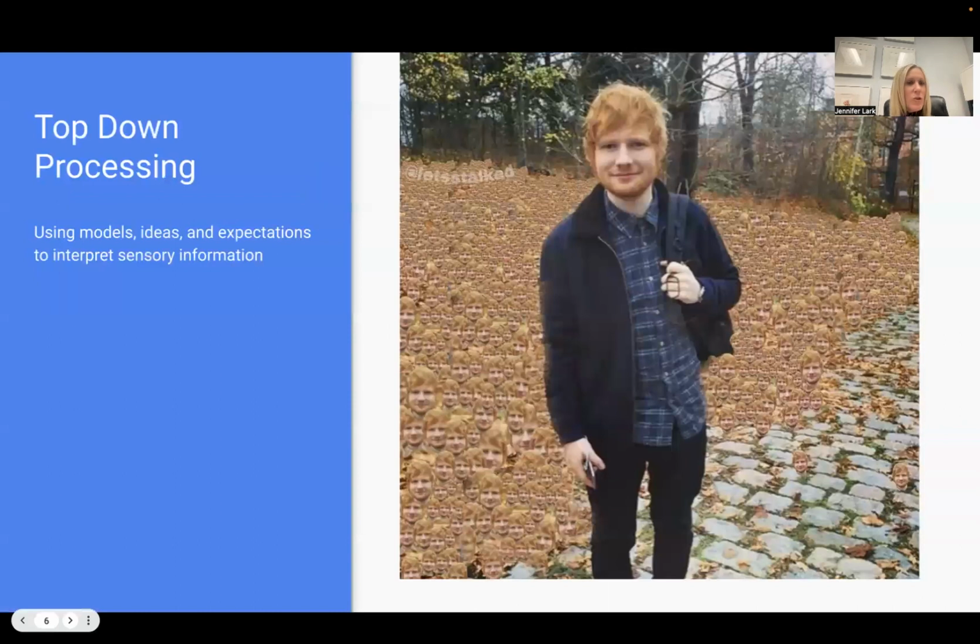Okay. So for example, I just flashed this image on the screen, and by now you've probably all perceived that this is Ed Sheeran. But at the same time, bottom-up processing was helping you put all of those features together, and top-down processing, some of you realize it's Ed Sheeran way more quickly than others. Some of you might not have any idea who Ed Sheeran is, and so your brain identified this as just a random red-haired guy, so on and so forth. So that's kind of an example of how top-down processing can really differ and be prone to error based on our previous experiences.